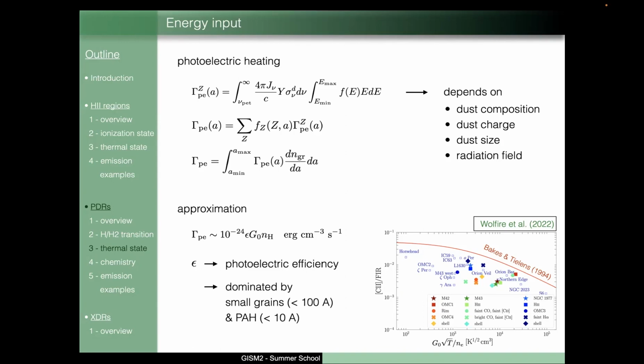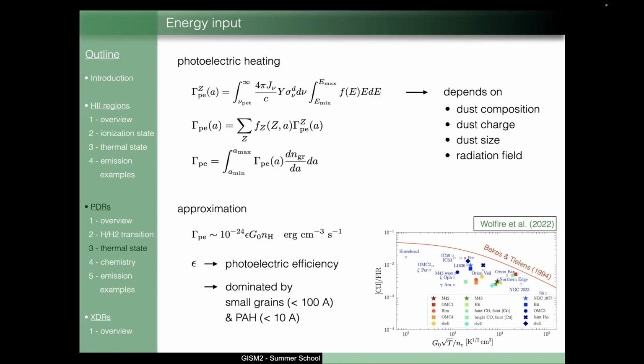And what they showed is that, in fact, this epsilon parameter only depends on one single physical quantity, which is G0 times the square root of T over the density of electrons. And this is the value of epsilon as a function of this parameter, okay? So what you can see is that epsilon in PDRs, the photoelectric effect efficiency, ranges between less than 1% to a few percent, depending on the physical conditions of your PDR. And this figure is very nice. It was done by Wolfire. It shows that the emission, for instance, of C+ in typical PDRs never exceeds this